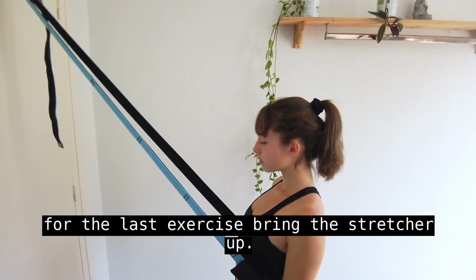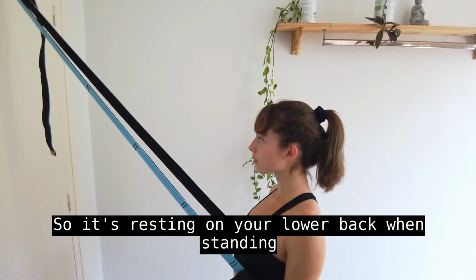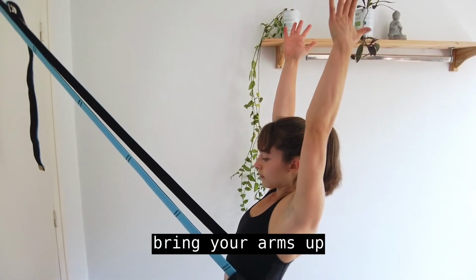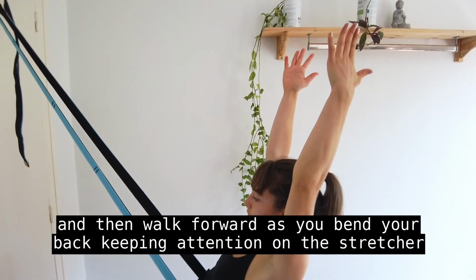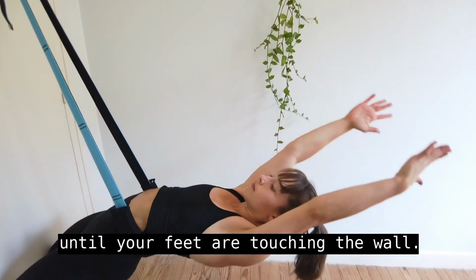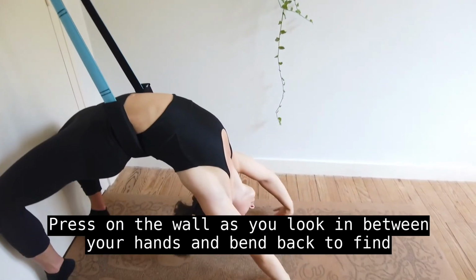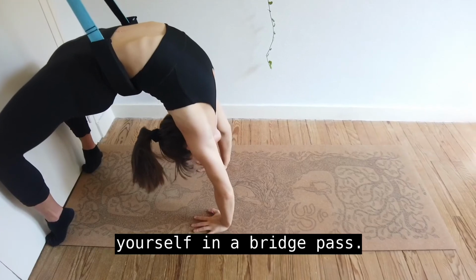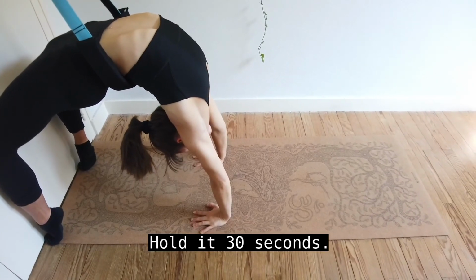For the last exercise, bring the stretcher up so it's resting on your lower back when standing. Bring your arms up and then walk forward as you bend your back, keeping attention on the stretcher until your feet are touching the wall. Press on the wall as you look in between your hands and bend back to find yourself in a bridge pose. Hold it 30 seconds,